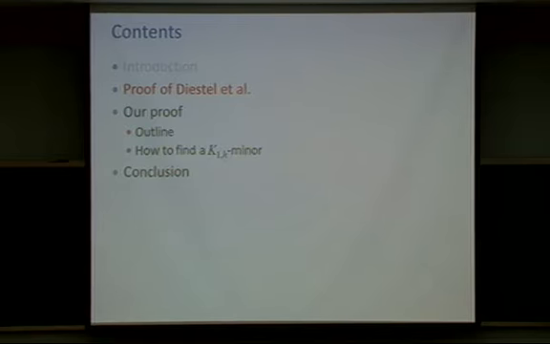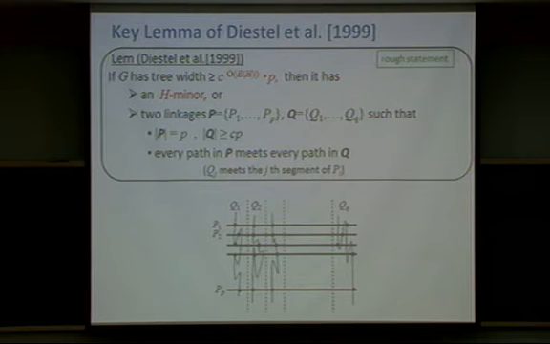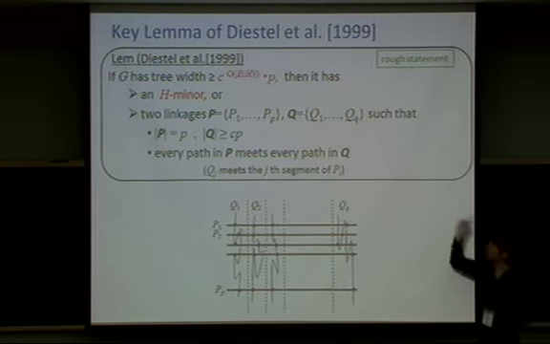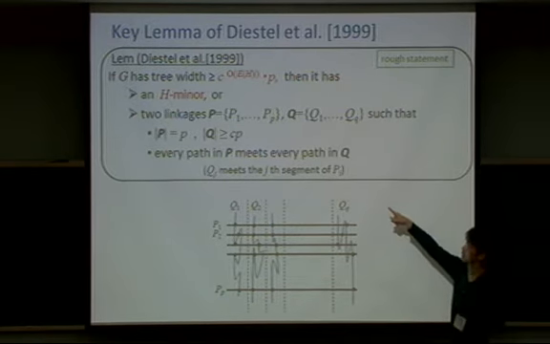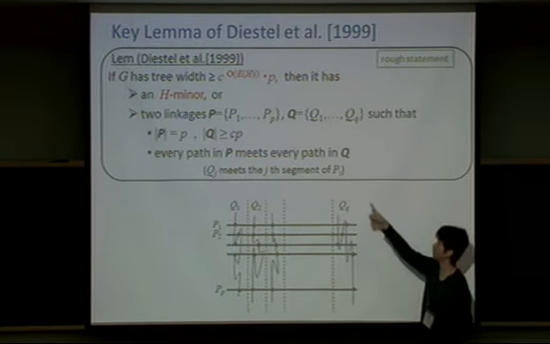So as I said before, our proof is based on the proof of Diestel et al. So first, I will give a proof sketch of Diestel et al. So in the proof, the key lemma is the following. And this lemma says that if G has a large Treewidth, then it has either an H minor or two linkages